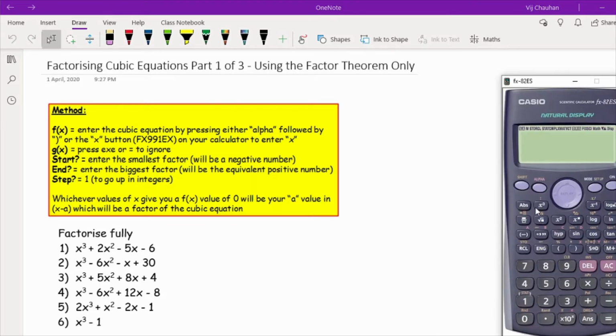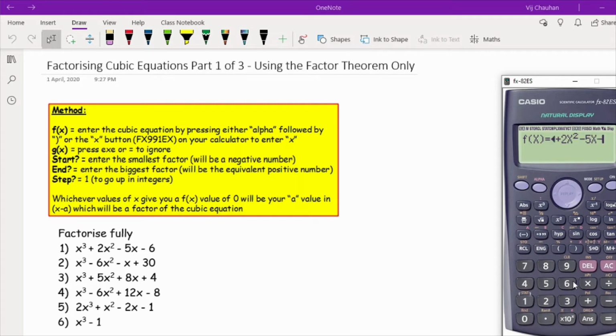which I've got one of the older versions of the Casio calculator, but I'm just going to show that it doesn't really matter how old your calculator is, you should still have this table function. So if I press the mode setup button, then press option 3, which is the table, and here I've got f of x. Because this calculator is quite old, there is a little bit of faff that I'm going to have to do to enter this equation in. So I've got alpha x cubed, and then scroll across, and then I've got plus 2 alpha x squared plus minus 5x